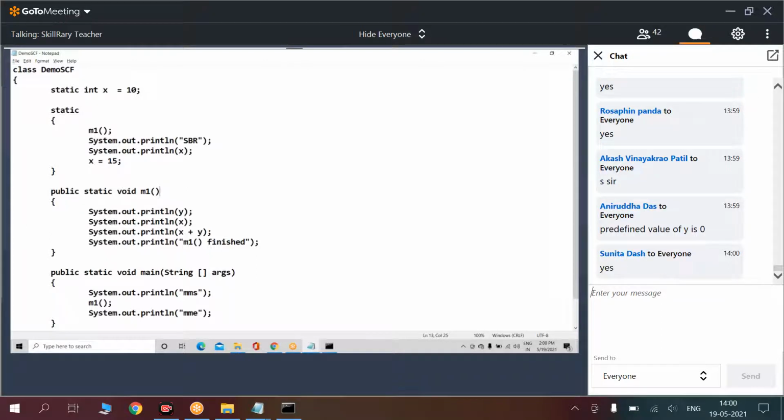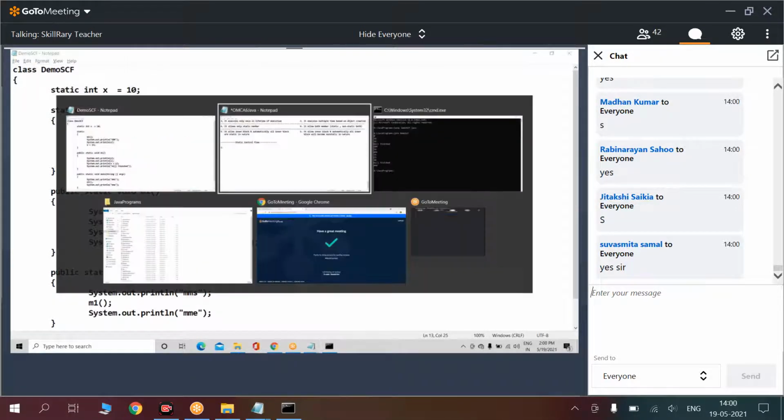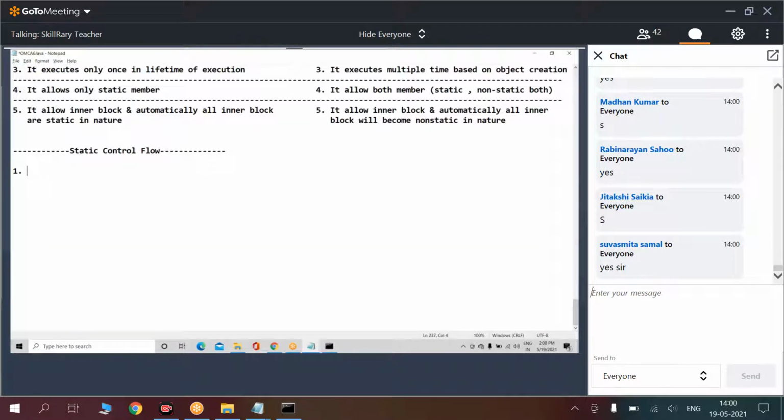Yes or no? All the members are static in nature. So, guys, how does static execution flow begin? That we are going to discuss now. So, guys, first step is... is everyone understood? First step,